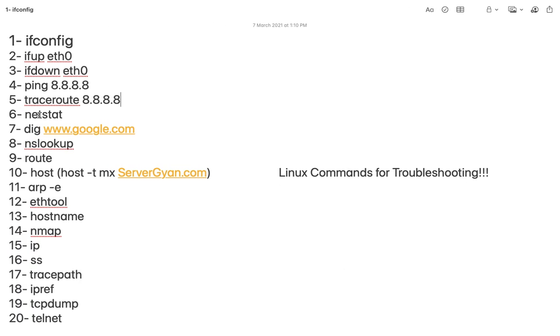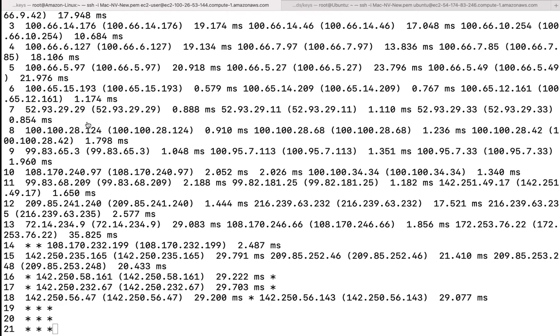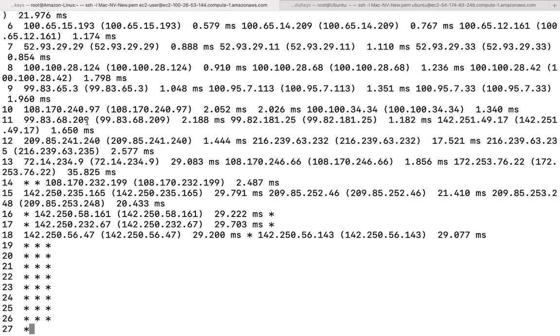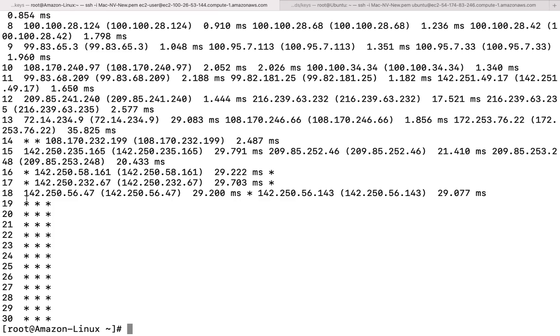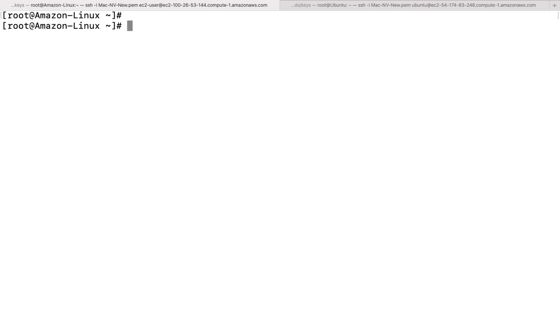Then the next command we have here is netstat. So guys, netstat is going to tell us. Obviously it will reach that particular IP address, or it could be possible that the particular system is hidden. That is why it is not able to reach it. Otherwise, it is going to show you all the routes we are using in between my source and the particular destination.